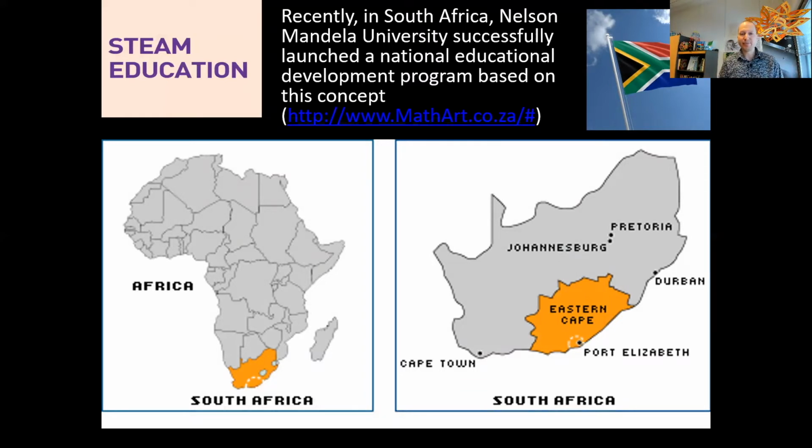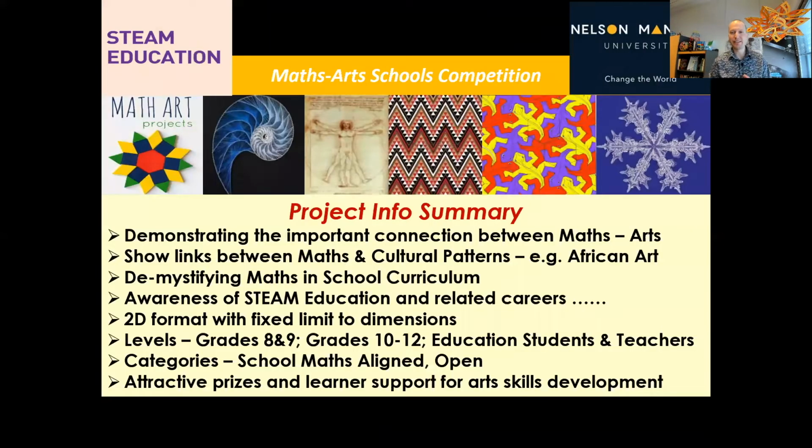You can see on the map our South African partner's location, and this is an outline of the South African project, which is a very good example of how to organize these math art exhibits. You can take a closer look in the presentation material at what their goals are, so that you can use it as an example